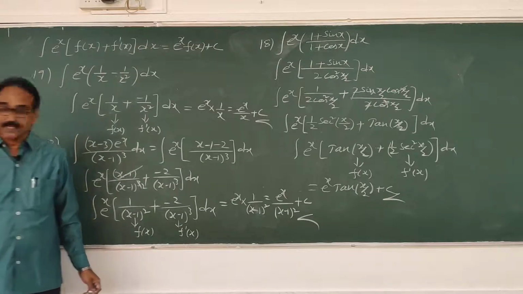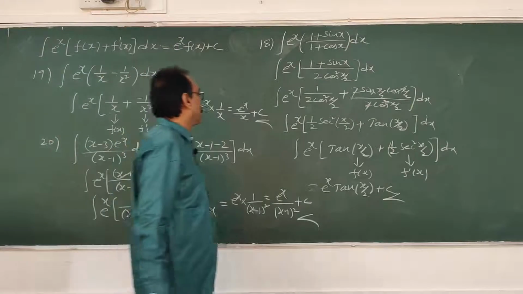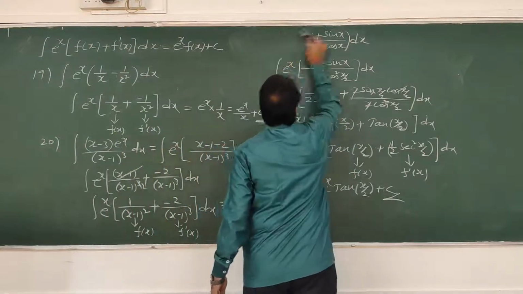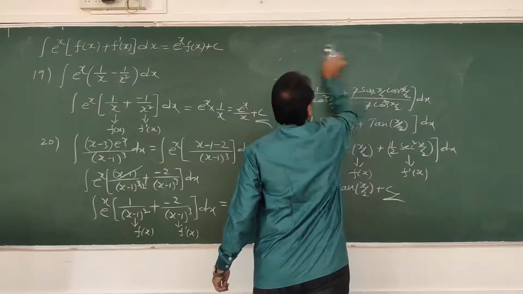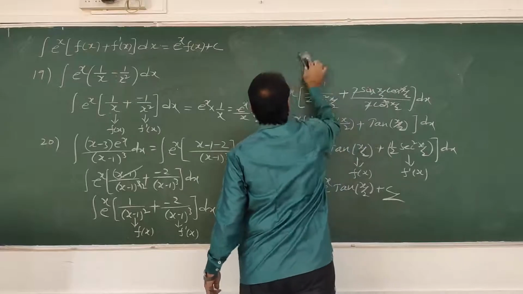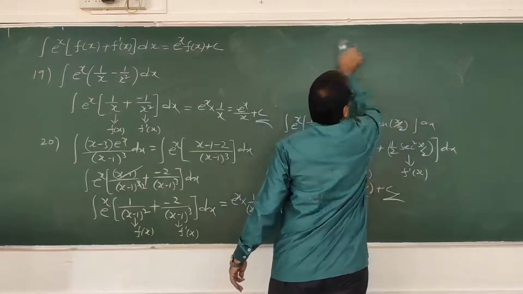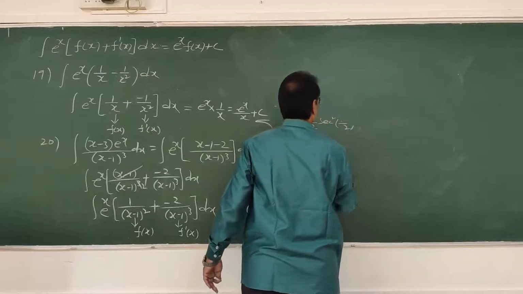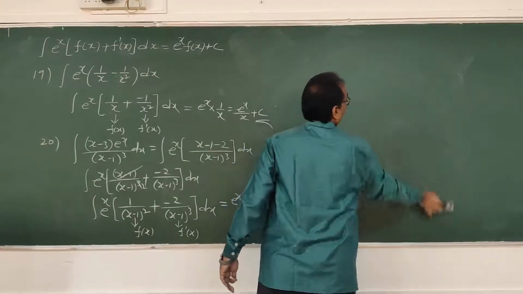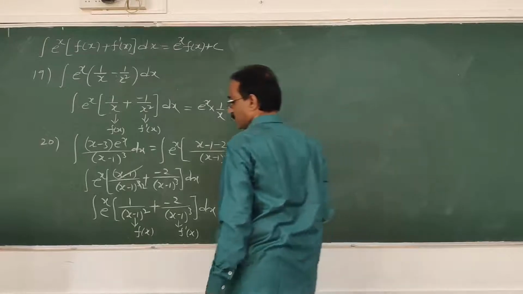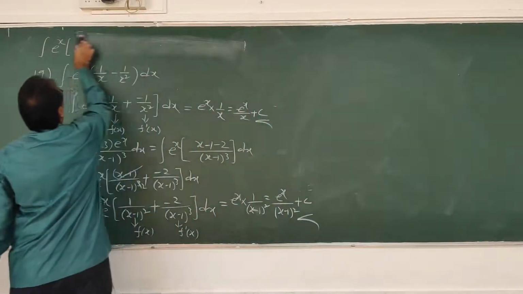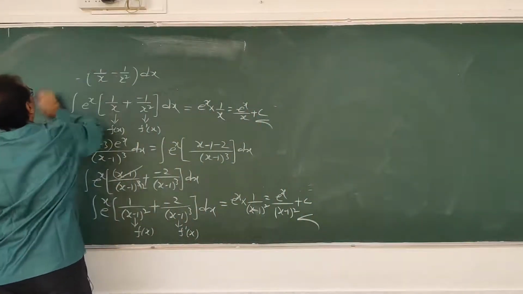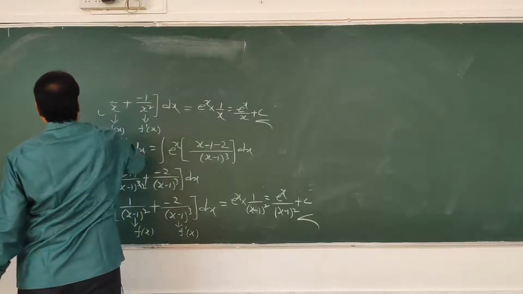So with this, these 20 are the problems which are completely based on e power x only. Okay? e power x into f of x problems we did. Now 2 more problems are there. We'll see what is given and what you have to do now. Okay. So my dear students, you understood now. These problems you feel very easy, very important also. Now move to problem number 21.